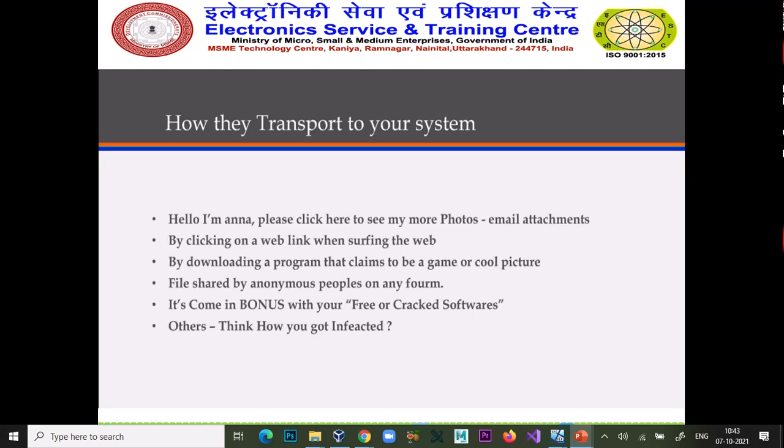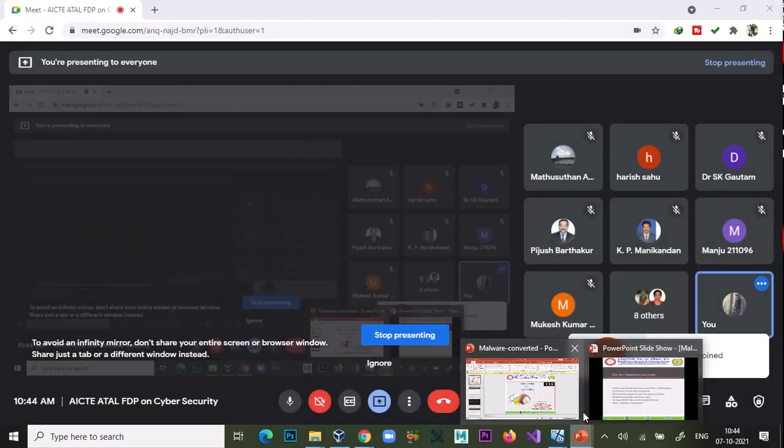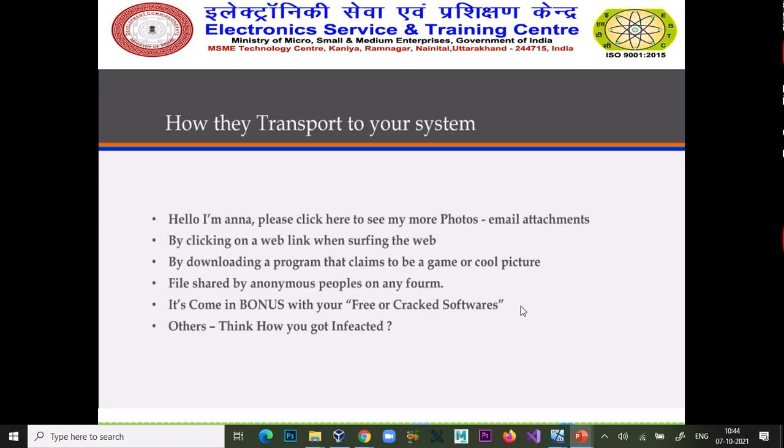Another way is by downloading a program that claims to be a game or a cool picture. These are fake programs. Suppose you are looking to download an MP3 song of Muhammad Rafi or any other old song, and you type the string, but a site asks you to download an exe file before you download that song.